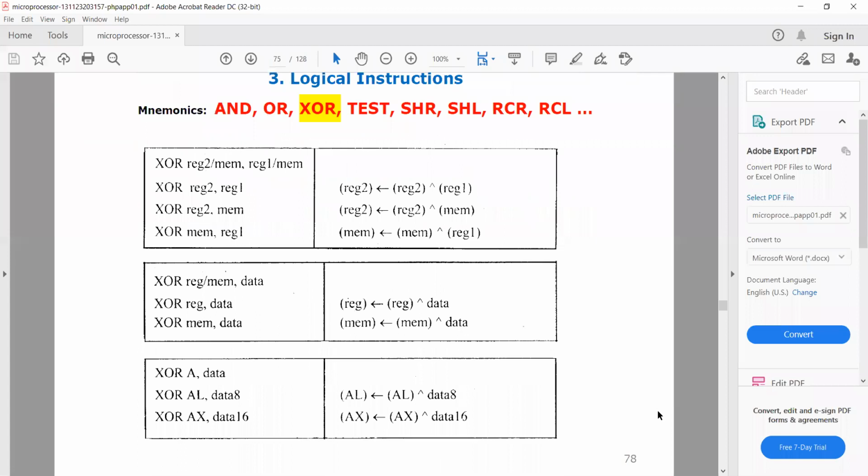Similar to the AND operation and OR operation, we also have the XOR instruction to perform the XOR operation, same as AND and OR. You know the truth table of XOR. Let me give you the truth table in order to